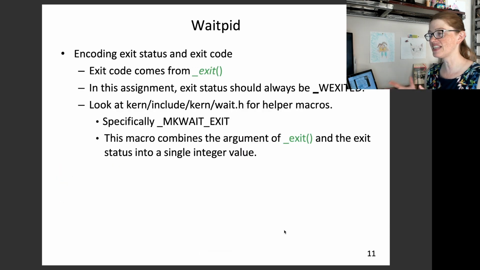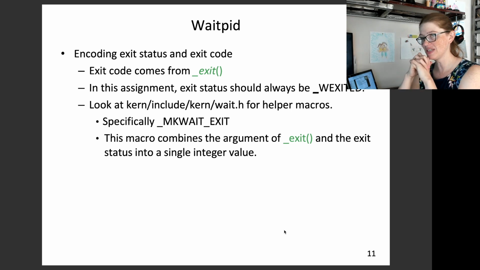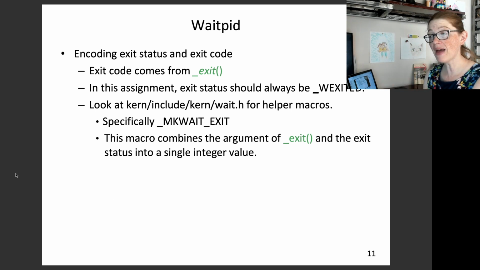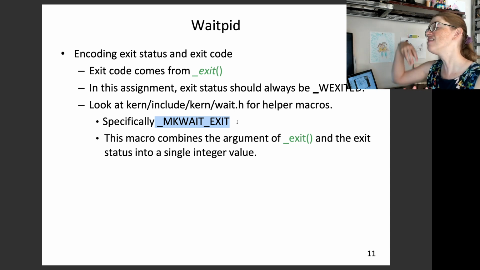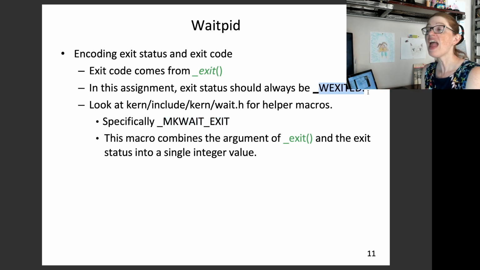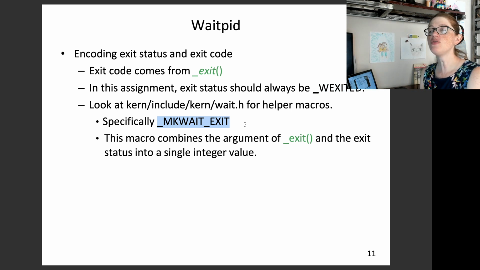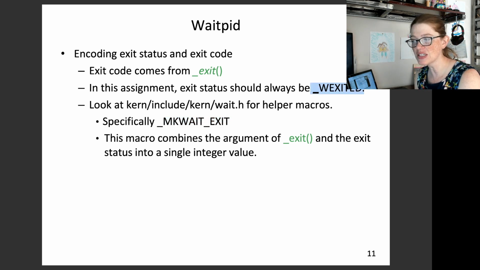Now, one last thing about exit and wait PID, and that is how do you take the exit status code and the exit code and combine them together into a single integer? There is a magical macro in OS 161 called mkwaitExit, and this can take the exit status code as passed to exit and the exit code, which is W exited, and it combines them together into one thing for you. And wait PID is returning the value of this. Now note that mkwaitExit only has a single argument, and that's because it automatically is going to combine with W